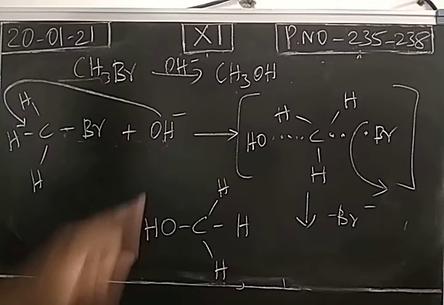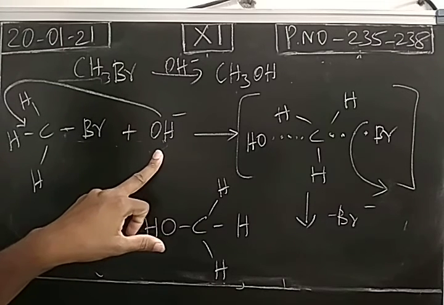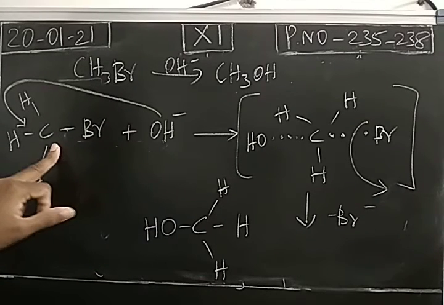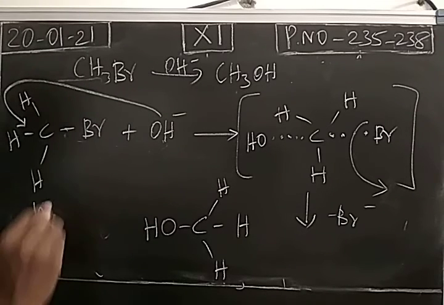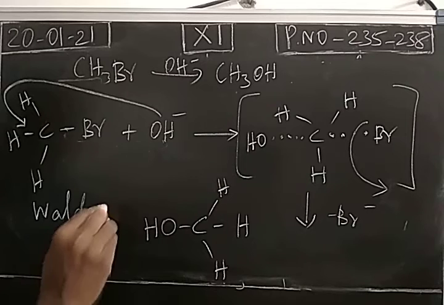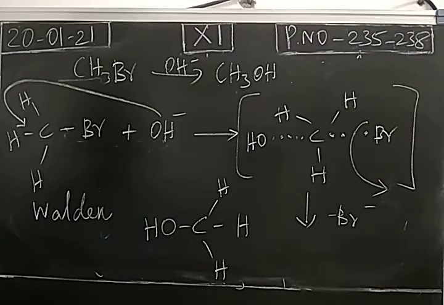This is because of the nucleophile attacking the head carbon from the back side. So inversion of configuration will take place. This was discovered by the scientist Walden, so it is called Walden inversion. Okay, so this is the simplest compound: bromomethane becomes methanol.